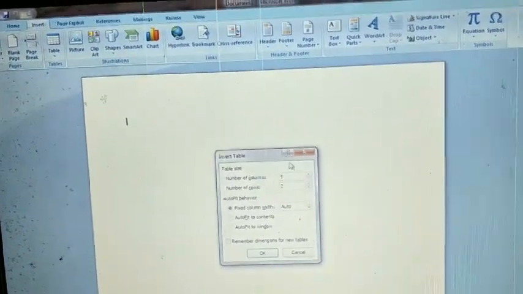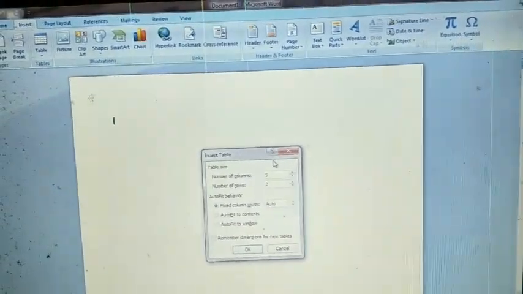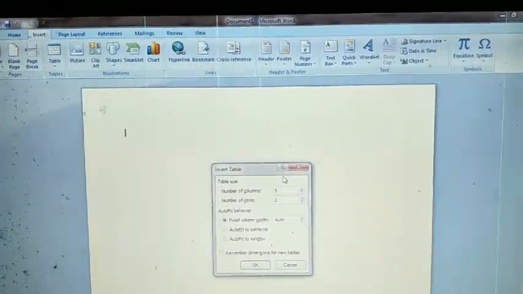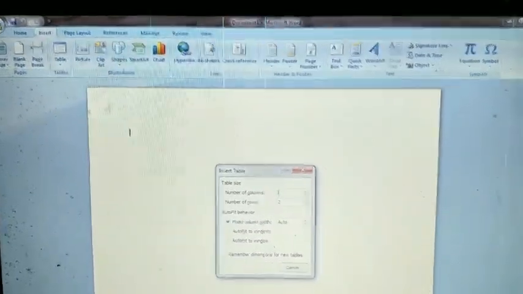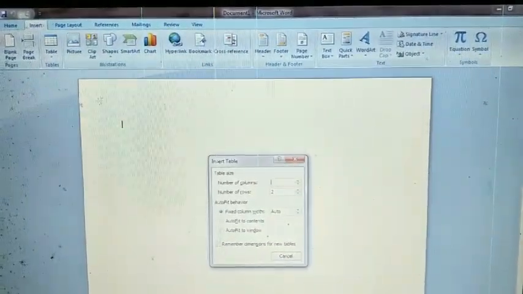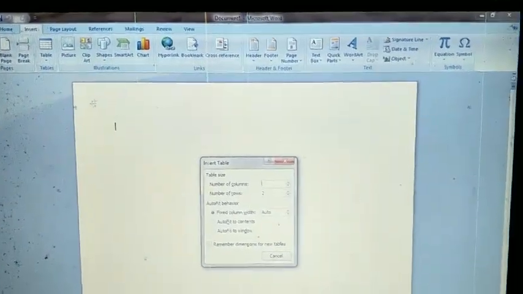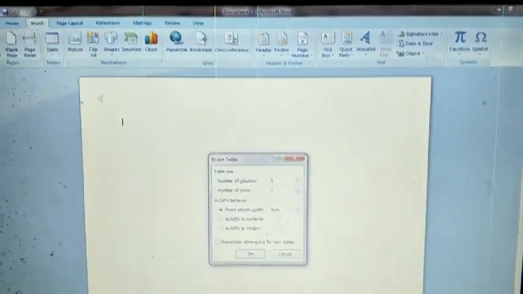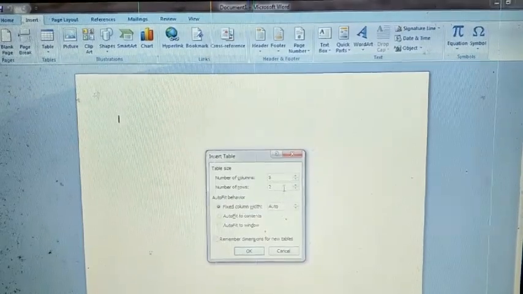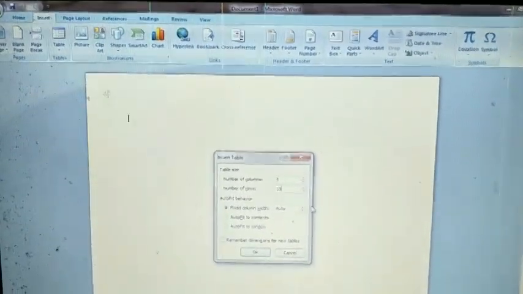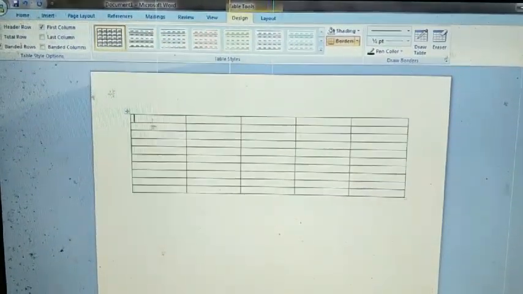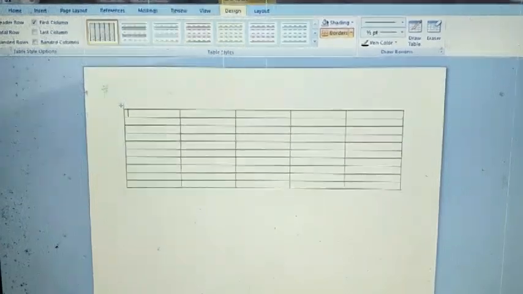You can insert it by many methods. I'm choosing the second option, insert table option. I'm going to write 5 columns and 10 rows. Now press OK button, then 5 columns and 10 rows will be inserted.